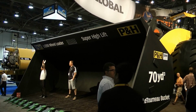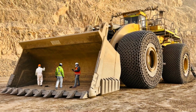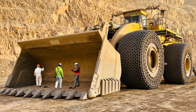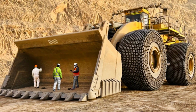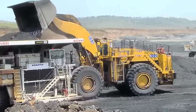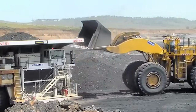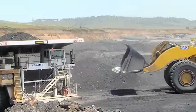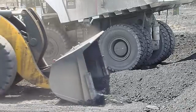The loader was designed by LeTourneau Inc. and is now manufactured by Komatsu. It's used to load massive dump trucks like the Belaz 75710, making the whole mining operation more efficient. Despite its bulk, the L2350 features precision steering, custom hydraulics, and onboard electronics that monitor weight, tire pressure, and load